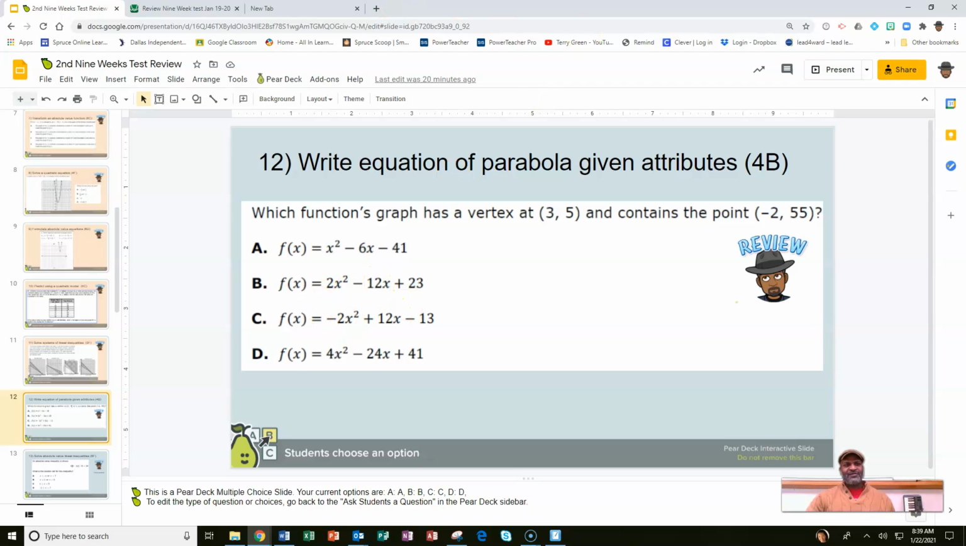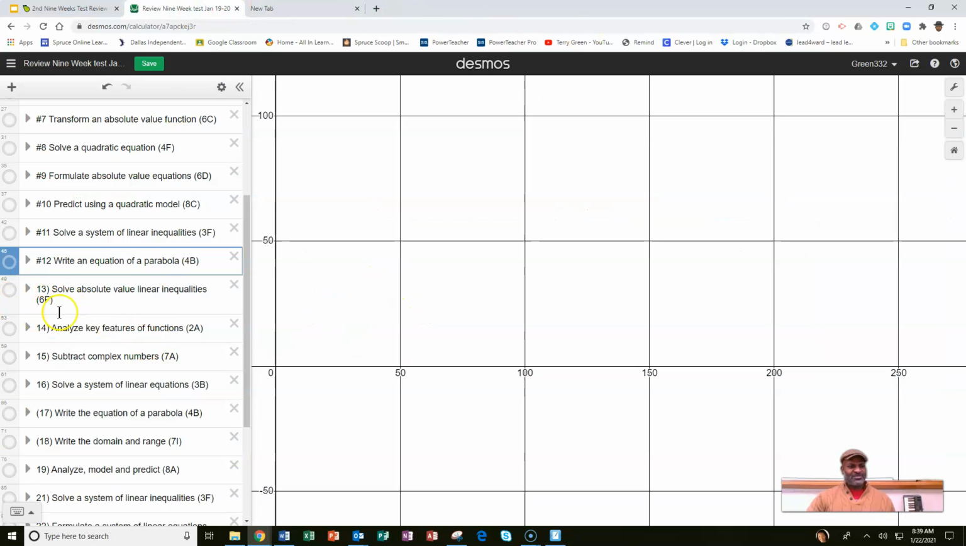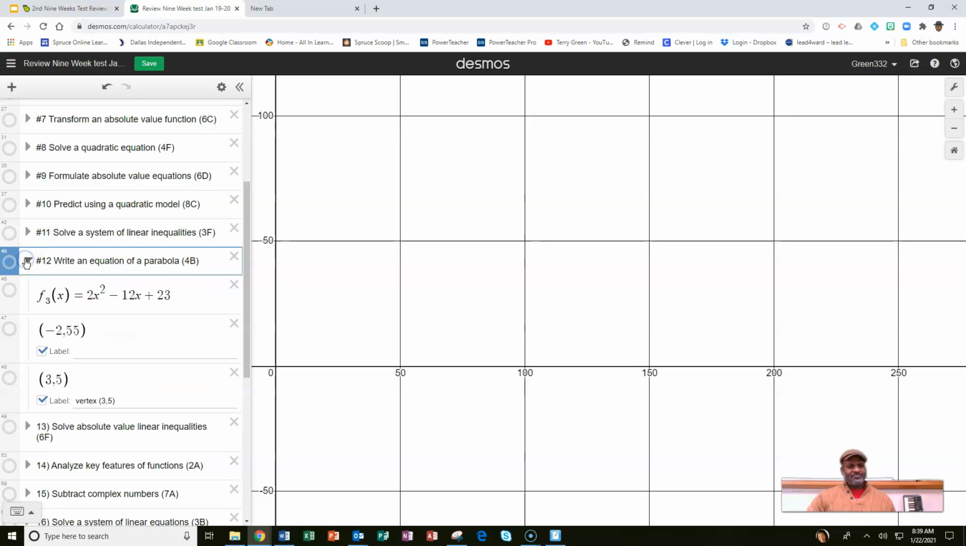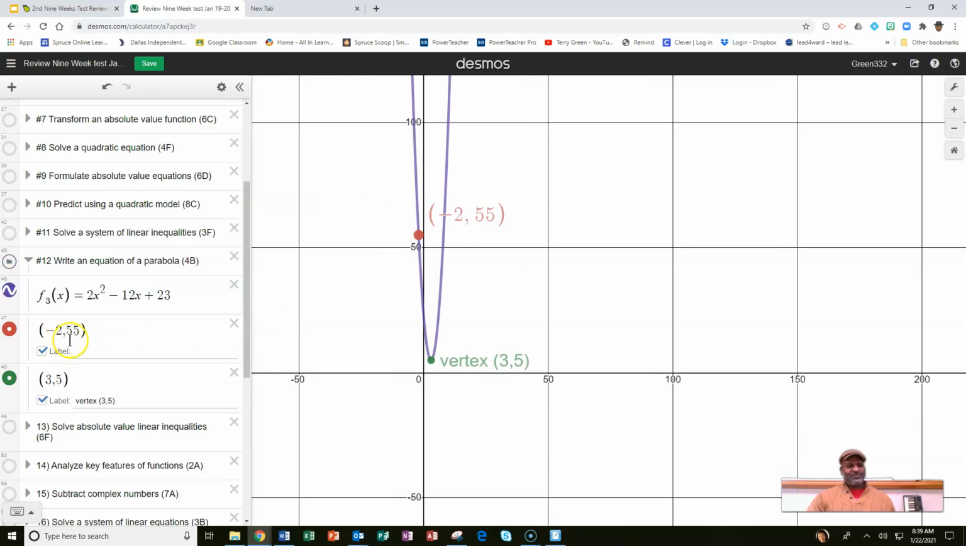So if you graph that function, which I did in Desmos as a check, here's the function. This is B. I checked it. And I also graphed the point (-2, 55). And I graphed the point (3, 5). (3, 5) is the vertex. (-2, 55) was the other point. So